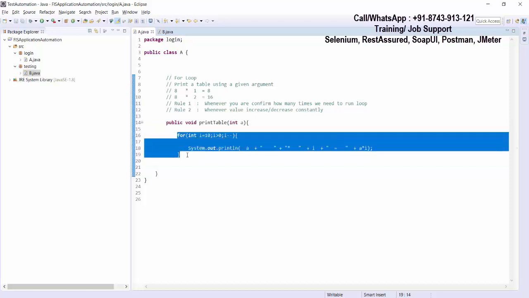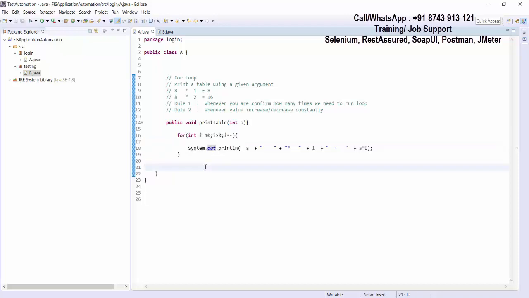If I want to perform the same task by using a while loop, how can we do that? I would say for and while loops are alternates of each other. It means the task you can do by using a for loop, the same task you can do by using a while loop. In the same way, the task you are going to perform by using a while loop can be done by using a for loop as well. But here I'll show you what the syntax of the while loop is. So I'll just convert this for into the while loop format.